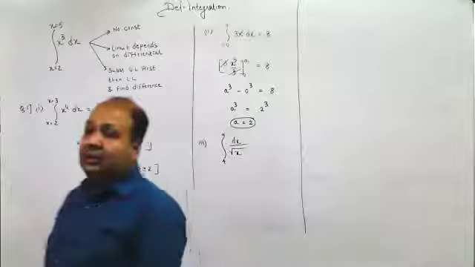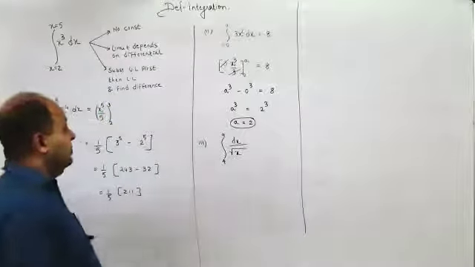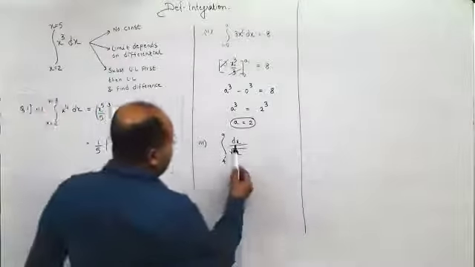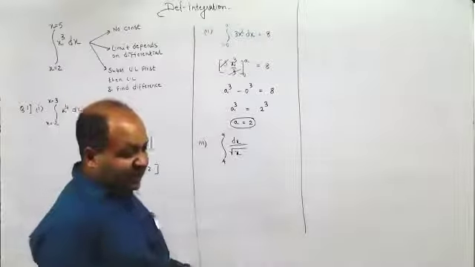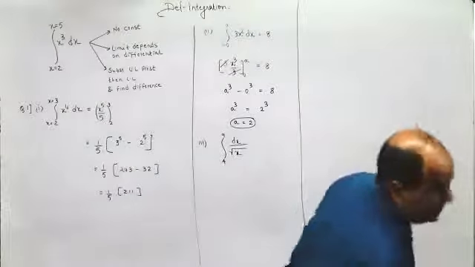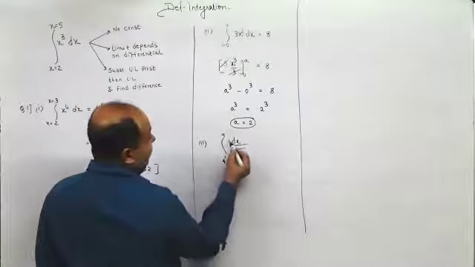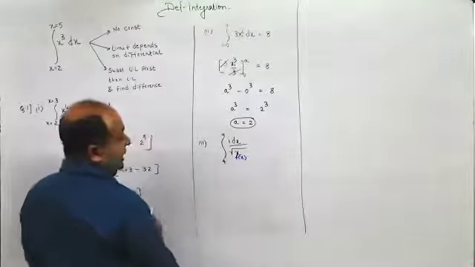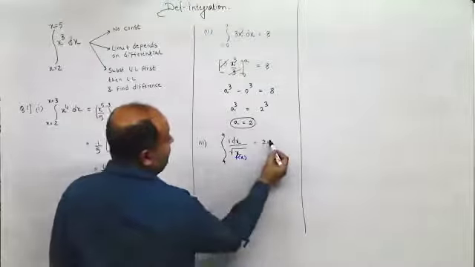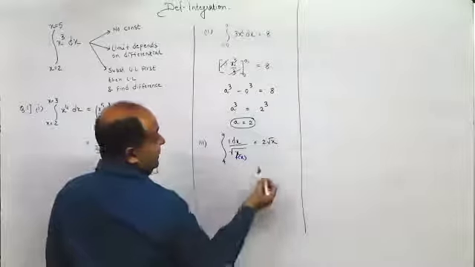Integral from 4 to 9. Again, here if you observe, this is dx upon root x. Treat it as if this is an indefinite integration problem. So here you would get, this is f of x and its derivative is f dash x, which is 1. Therefore, the answer would be 2 times root x without any constant, because this is definite integration.